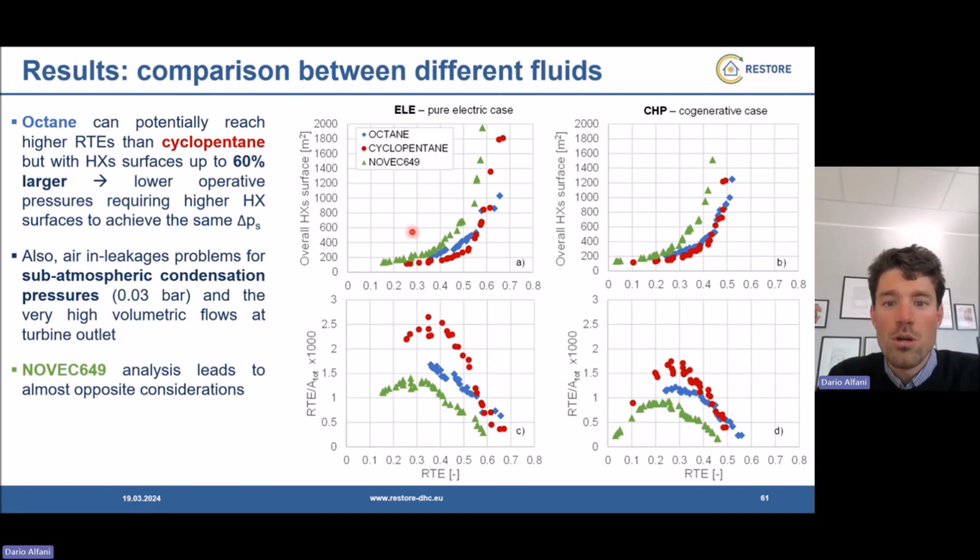In this case, it is possible to see that by comparing the three different fluids, always the optimal of the index between RT, so round trip efficiency, and total heat transfer surface is achieved adopting cyclopentane. So cyclopentane, at least from this kind of analysis, results to be the optimal fluid, while it is possible to obtain higher efficiency with octane, but only with really high heat transfer surfaces, due to the fact that we have to achieve at least round trip efficiency above